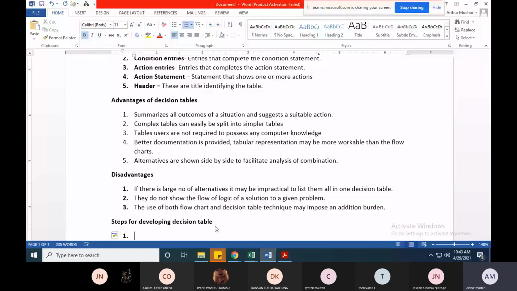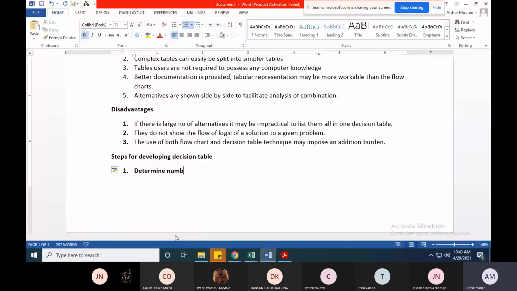So what is the first thing that you do? You first identify, determine. Number one is determine the number of conditions that may affect a decision. Okay. Then once you determine the number of conditions that may affect a decision,